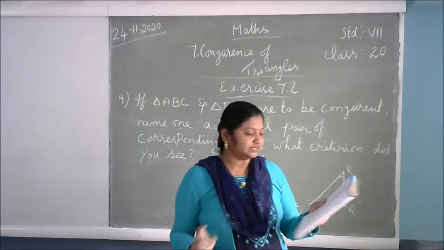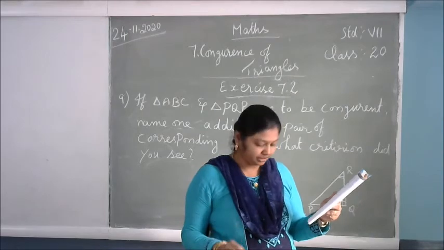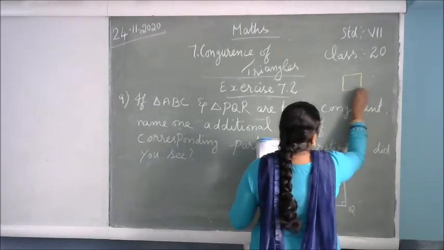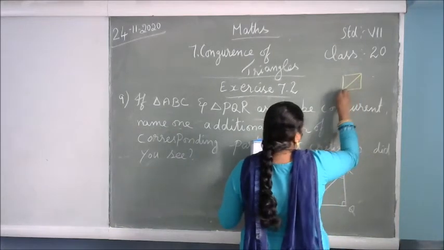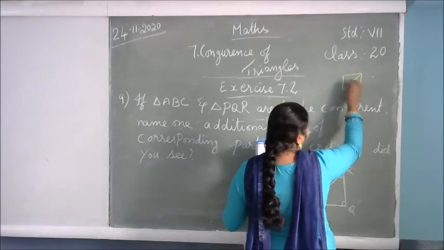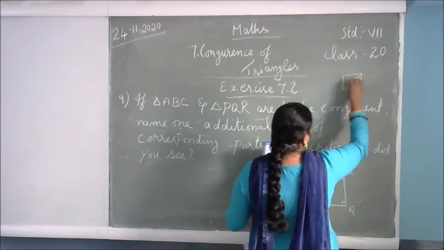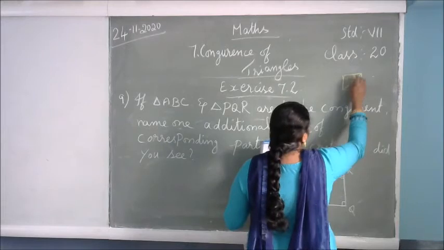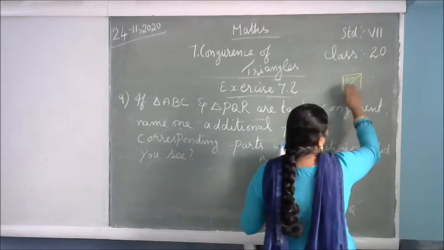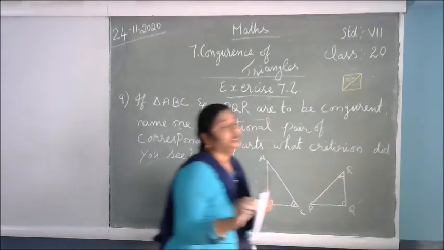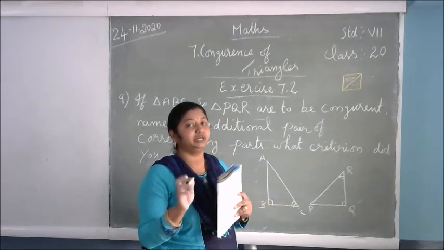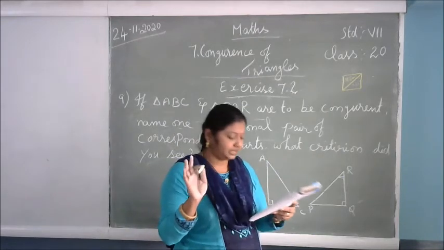See, in the seventh question, one square sheet is there. So you have to draw two triangles. If you put the diagonal, you can get two triangles. This area is 78 meter square means this is also 78 meter square only. These two areas will be equal. If in the square you draw a diagonal, you get two triangles, and the two triangles' areas will be the same only.